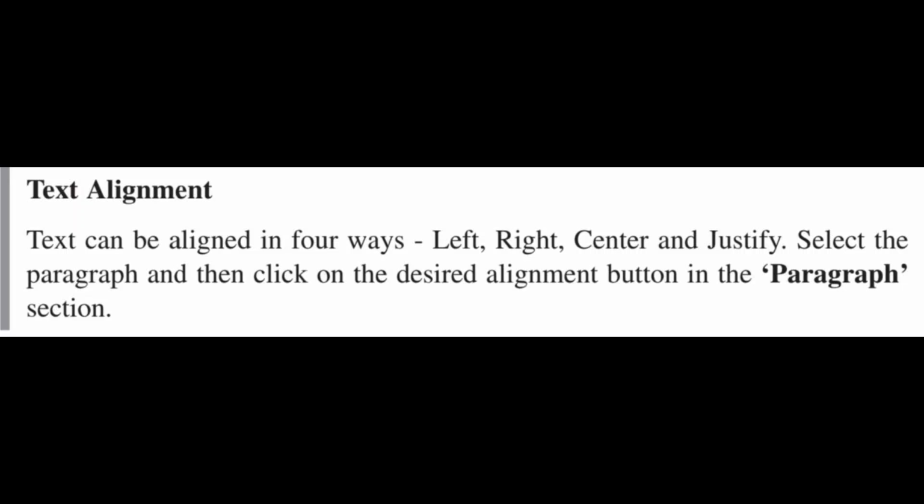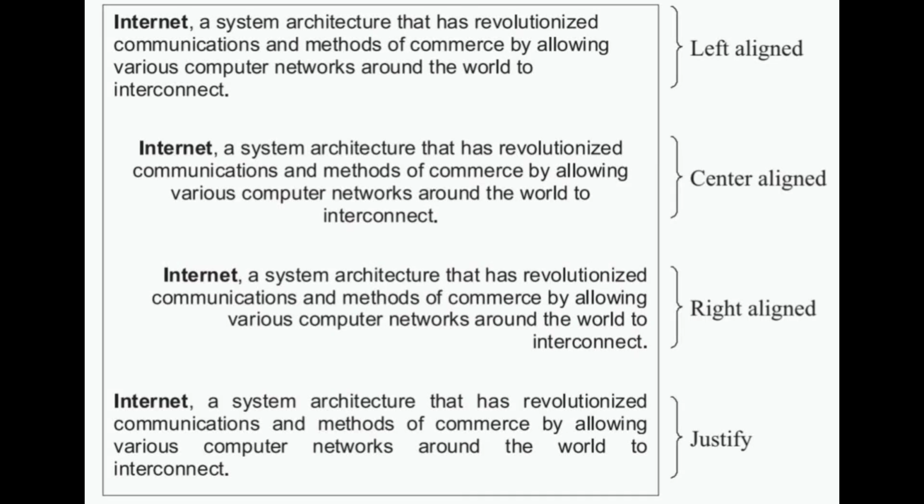In 4.18 you can find 4 types of examples to format. They are aligned in 4 types. First is left aligned. If you select the paragraph tab's left alignment option, then this is how